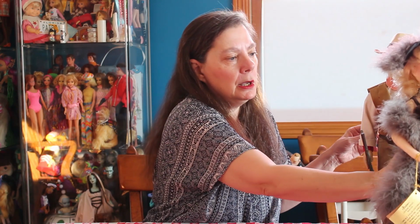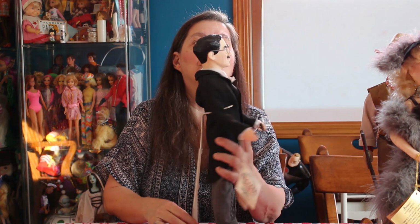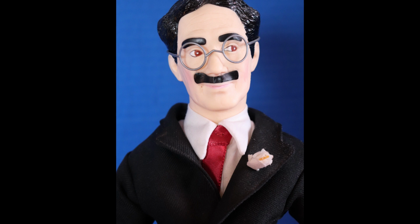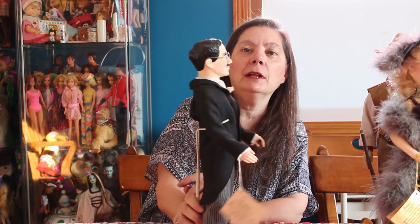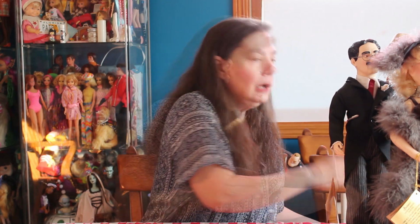And then the next one, Groucho Marx. He is really a good looking Groucho Marx. I wish they had made all the Marx Brothers in it, which is good. He's been around just as long as Mae West, but still, he looks in pretty good condition. I love the glasses, I love the mustache. So if you're a Groucho Marx fan, that might be something that you would like to get, and they are still really affordable. Now, after Groucho, it would be Judy Garland as Dorothy in the Wizard of Oz, which if you watch the Wizard of Oz video,